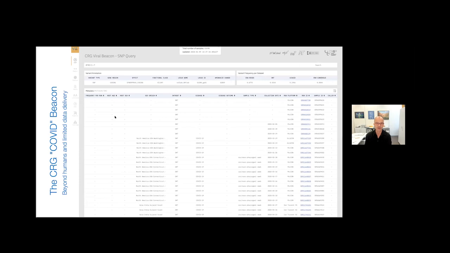And this is just an example of how a beacon can look like, which is now not even focused on humans. So the CRG people are also involved indirectly or driving the Beacon protocol development.